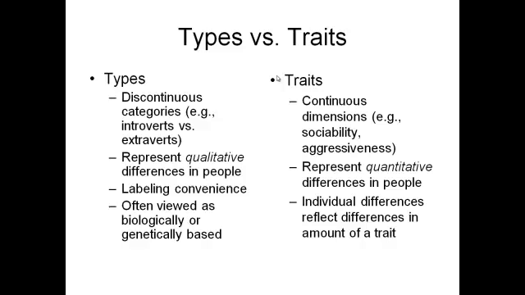But again, identifying types is something that, in many ways, we all do, not just for personality. We put things into categories all the time. That's how we organize the world around us, so there's nothing new about that. And when we're talking about types, oftentimes we look at that as it could be biologically or genetically based, and the research on traits looks at how people differ on these particular traits.